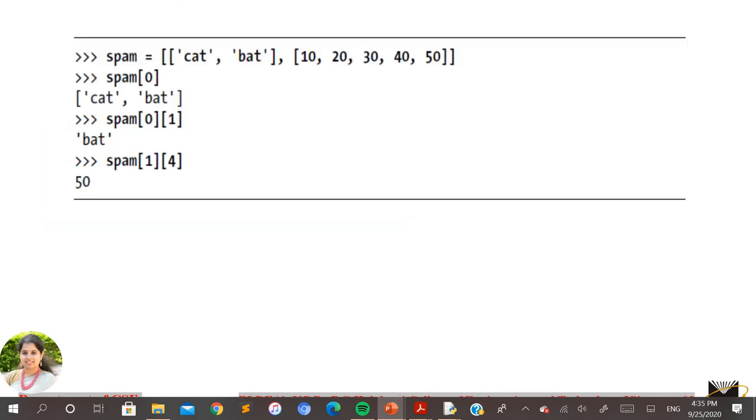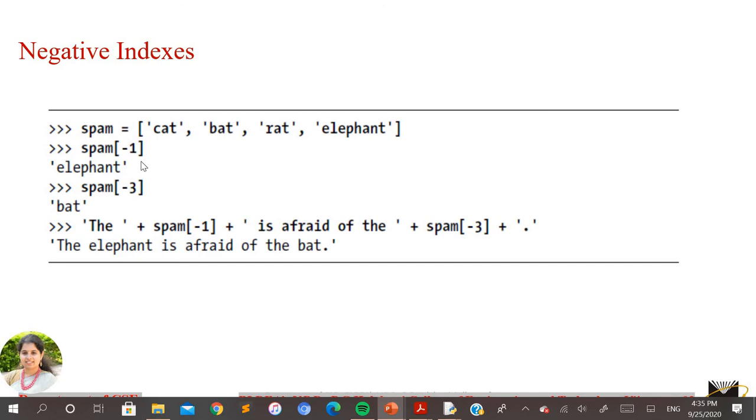So in the previous examples, you can see that for the indexing we have always taken positive numbers. Even here in Python you can take the negative indexing value also. What it represents is, if you take the negative indexing value, the traversing is done backwards. That is, -1 represents the last position, -2 the second last, -3 the third last, and so on.